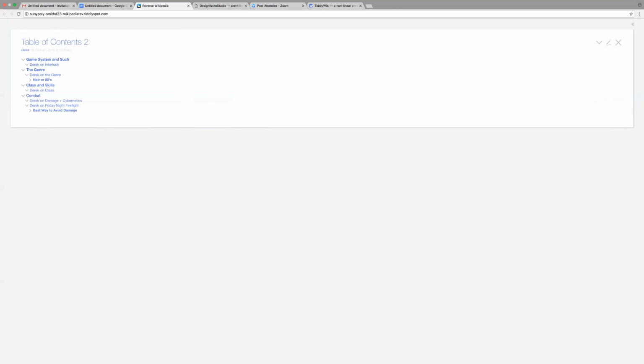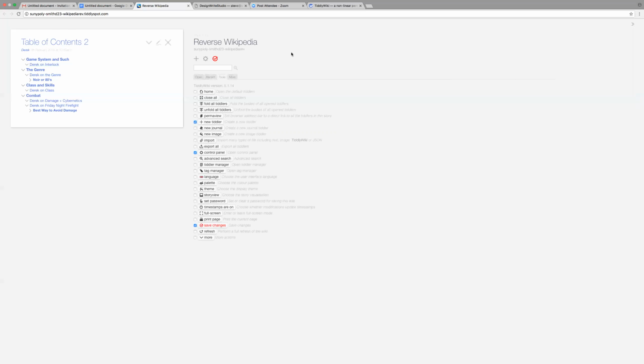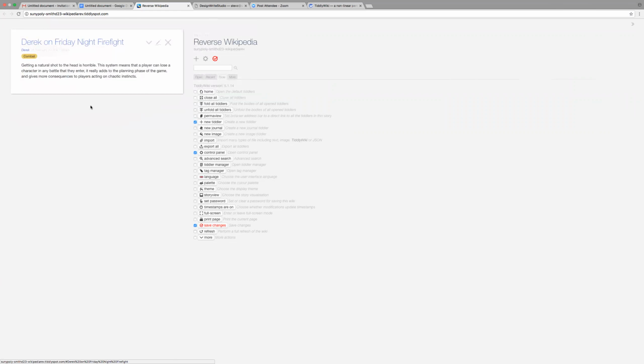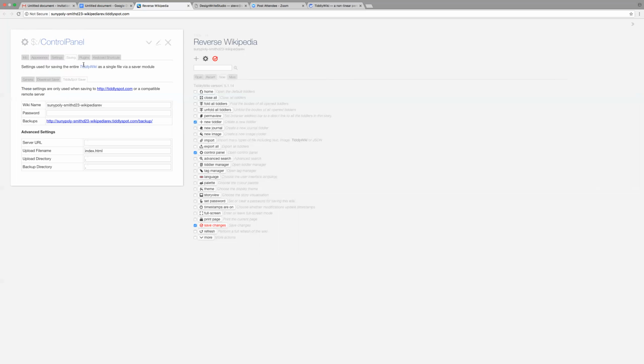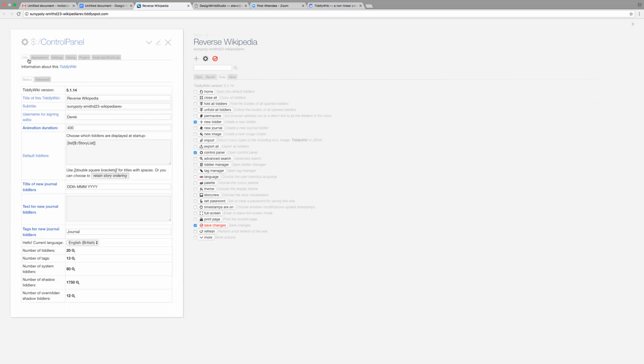Go back to Control Panel. Oh wait, click a couple more of those zoom ins while you're there. And see that animation? Close it. Okay, now go to Control Panel. It's right in the middle there. And maybe Info. And animation duration is set at 400 milliseconds. It's about the fifth one down. Change it to 0.